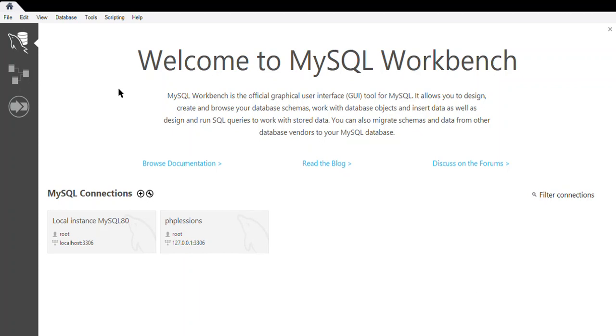Welcome to part 2, and this is the MySQL working area. So these are called instances. You can create as many as you can. Every instance you create will be given a different IP address, but they will all run on the same port,